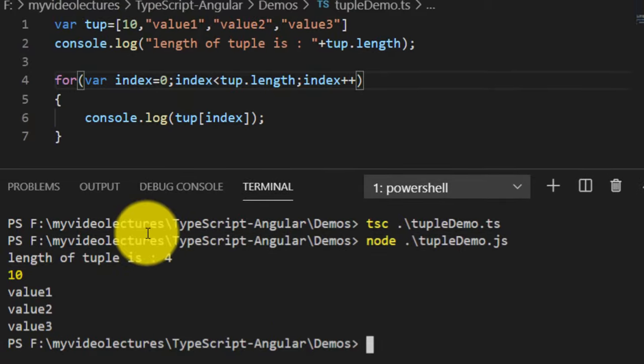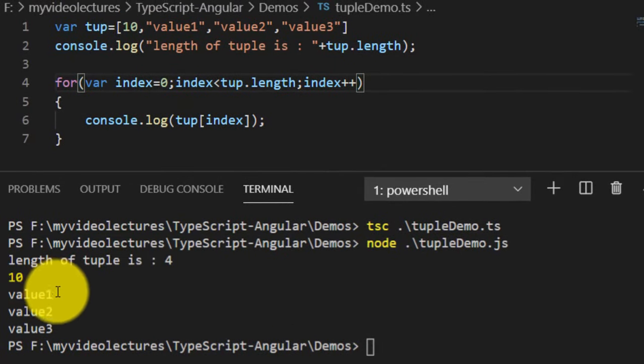Look here: 10, value 1, value 2, value 3. These are my values.